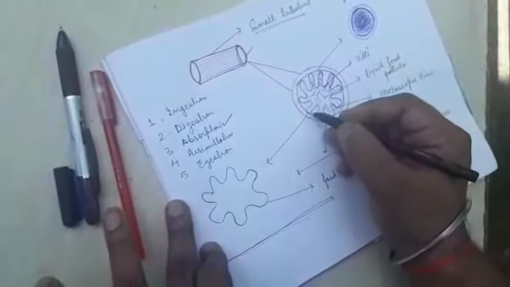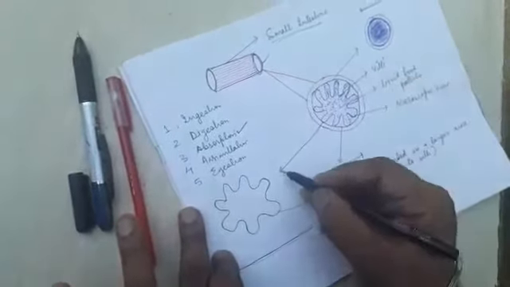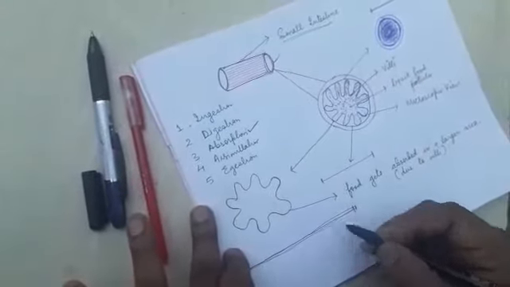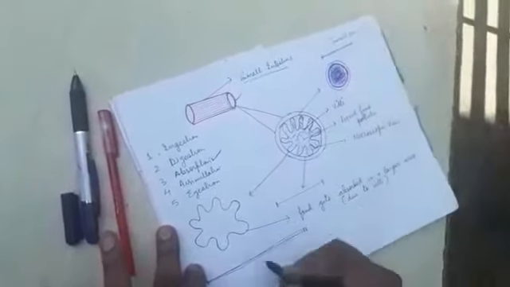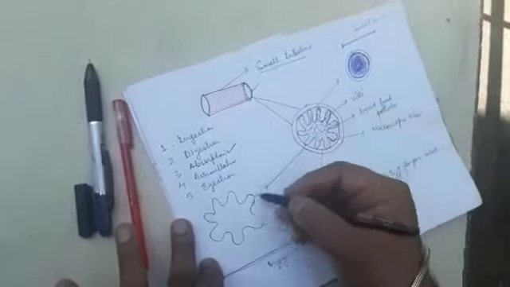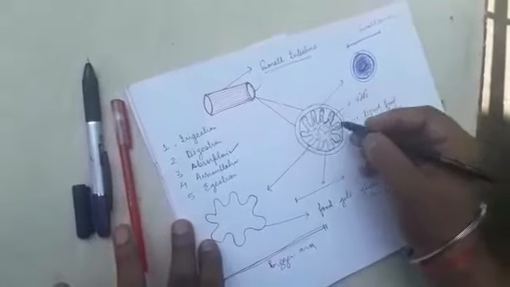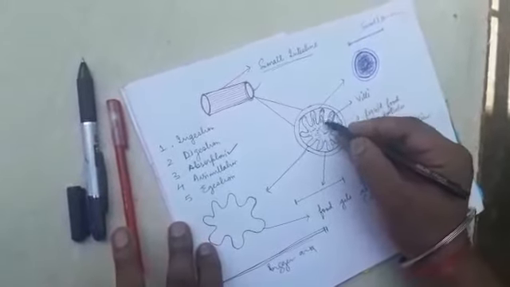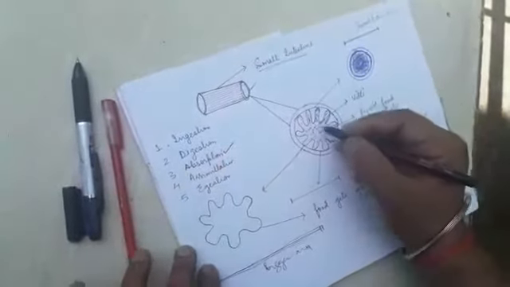That means if we try to find out the length where the food gets absorbed, it will come to be somewhat bigger than this one. This is a small area, this will be the bigger area. Okay, so the food will get absorbed in the larger area. So what is the role of these villi? The role of the villi is to increase the area of absorption of this liquid food,